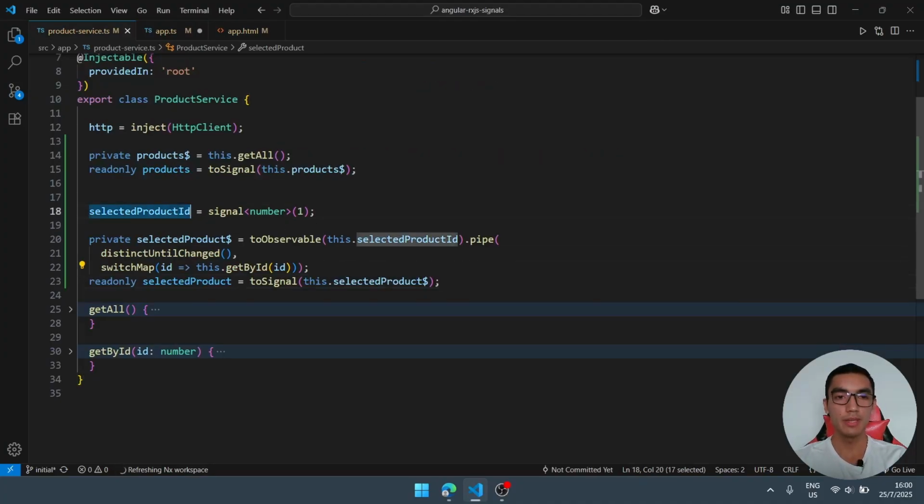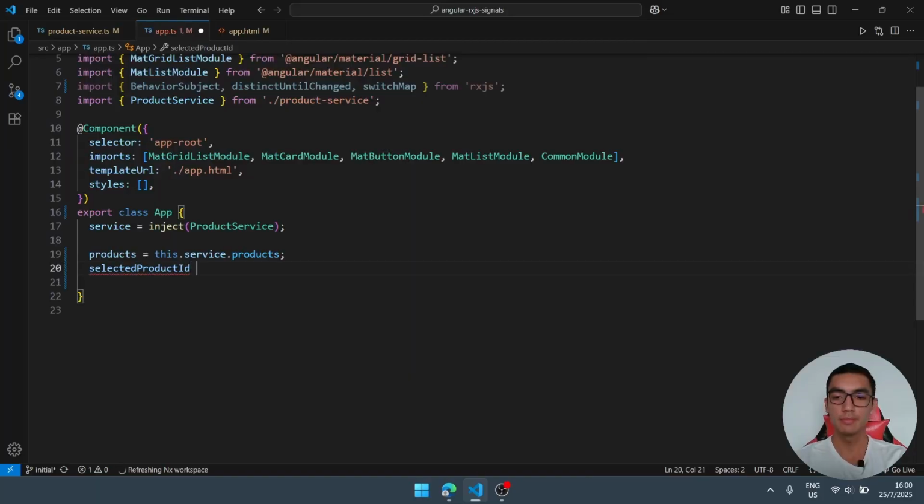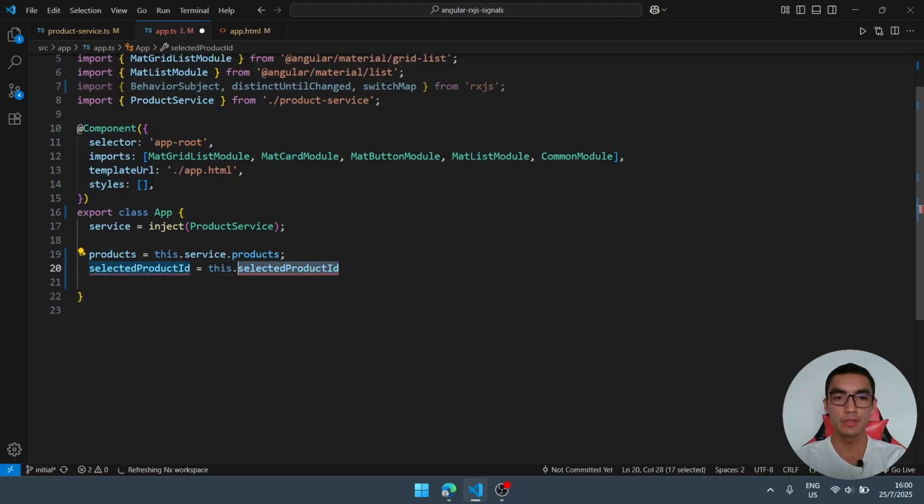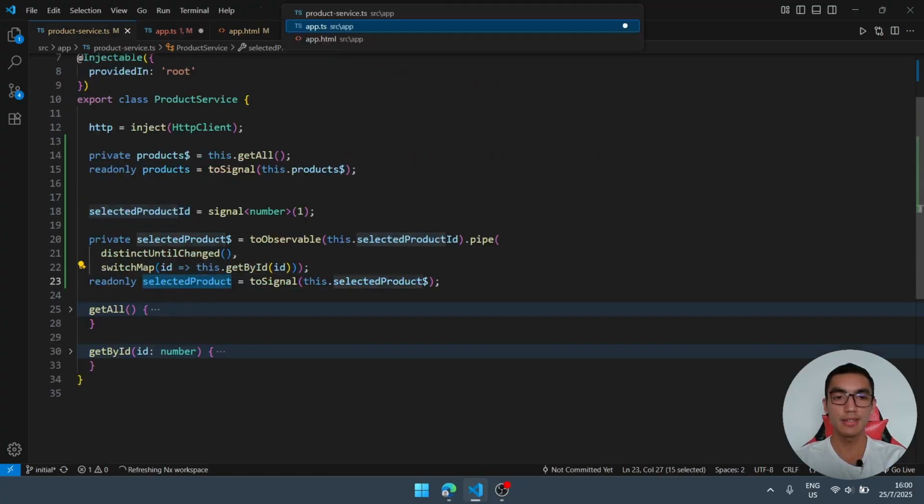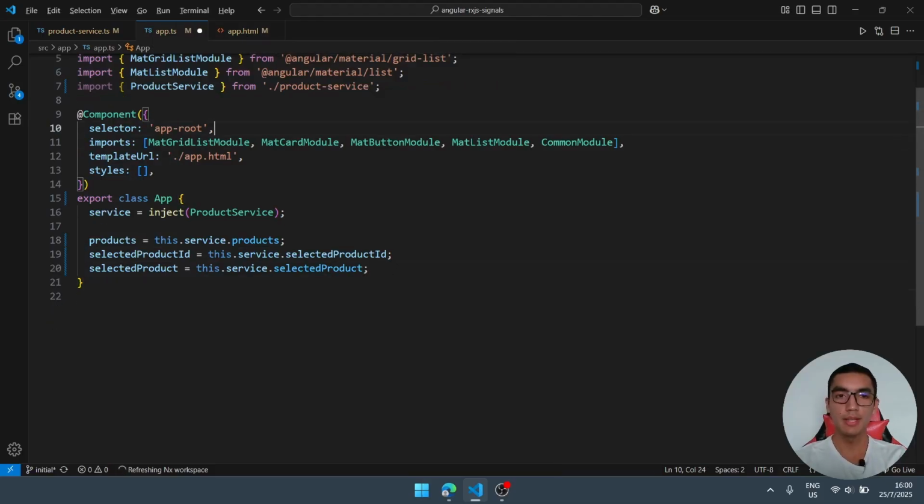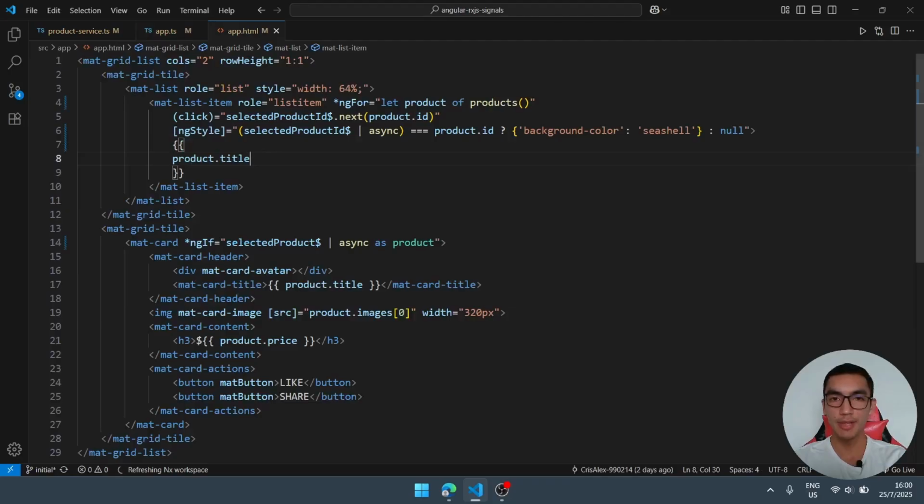I will copy the same name. This will expose the signal to notify that we're selecting a new product. And this comes from the service.selectedProduct. Similarly, for the selected product, this is selectedProductId. And now go to the HTML, remove all the unused references, and in the HTML, we'll replace the async pipe